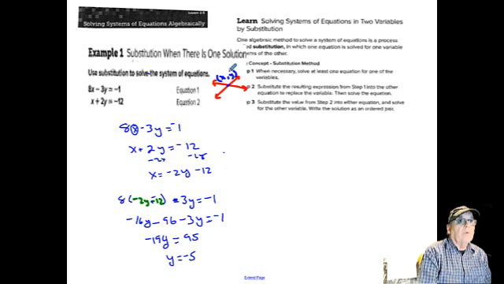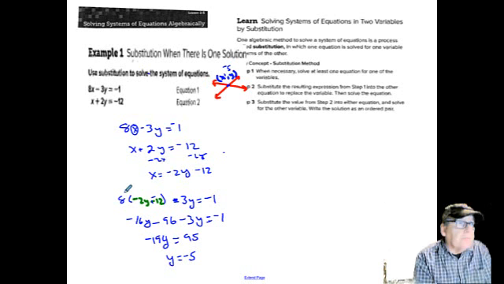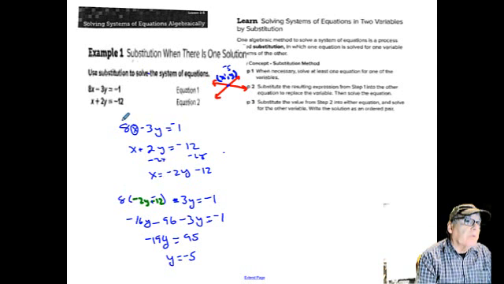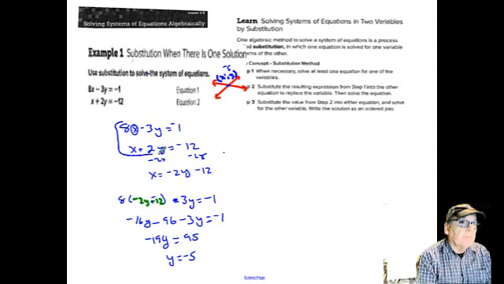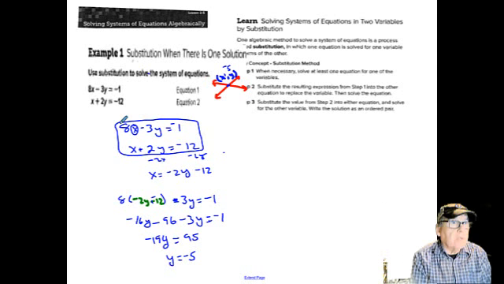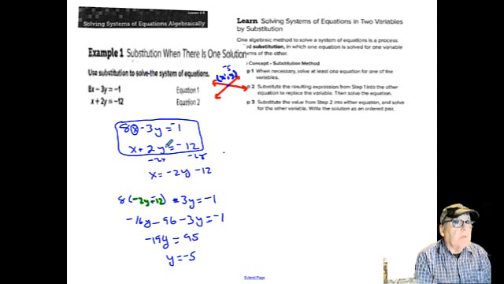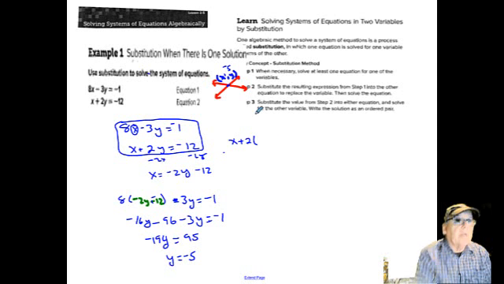So we know that the y coordinate where these lines cross is negative 5. And we need to figure out what the x is. So back to one of our two original equations. Always try to go back as far as you can to the original when you do a substitution. I'm going to put negative 5 in for this y in the second equation. We also could have used the first equation, but this one looks a little bit simpler. So we have x plus 2 times negative 5